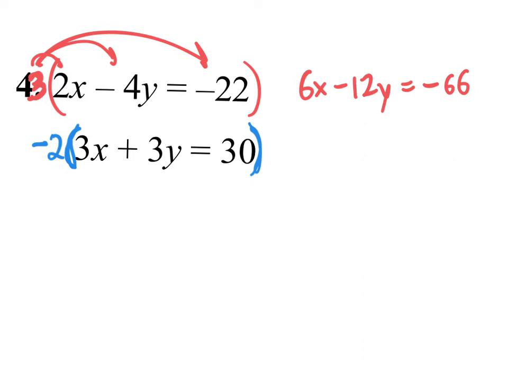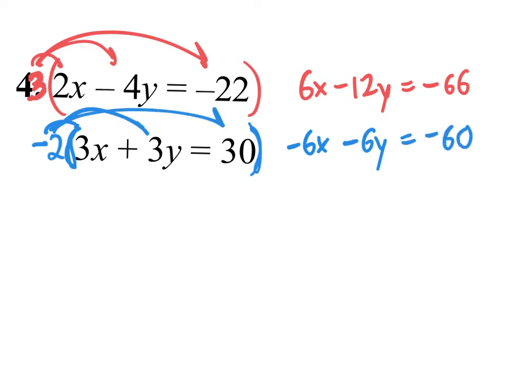The new modified bottom equation will be negative 6x. When I distribute over here, it'll be a negative 6y. And multiply over here, you get a negative 60. So we combine the lines. Now that the x's are ready to cancel, combine the lines, eliminate the x's, you'll have negative 18y equaling negative